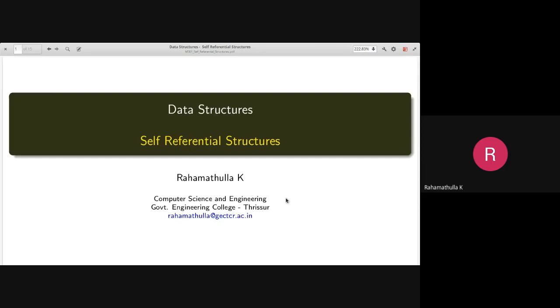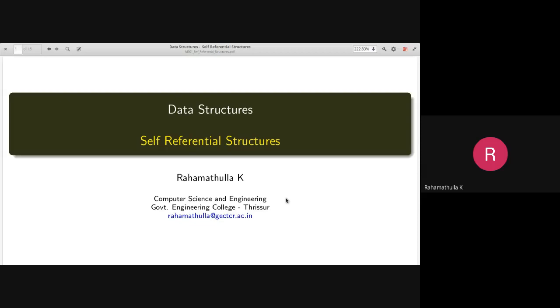Then you can create a custom data type, namely student, which contains these two members. Once you declare a variable of type student, you can access these members one by one by using the dot operator.